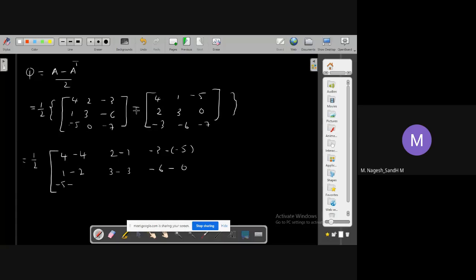Minus 5 minus of minus 3. To help everyone understand, I am writing one step extra. Next 0 minus of minus 6. Next minus 7 minus of minus 7. So this is nothing but